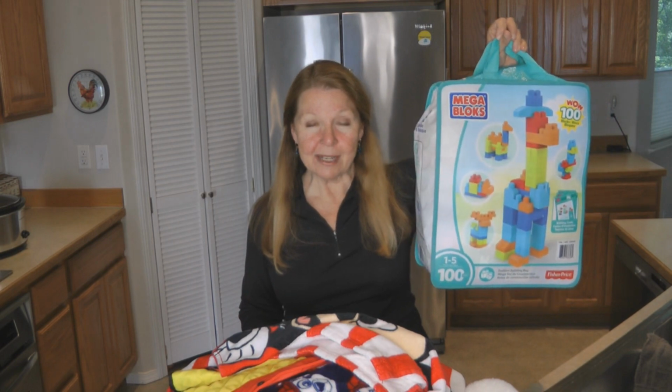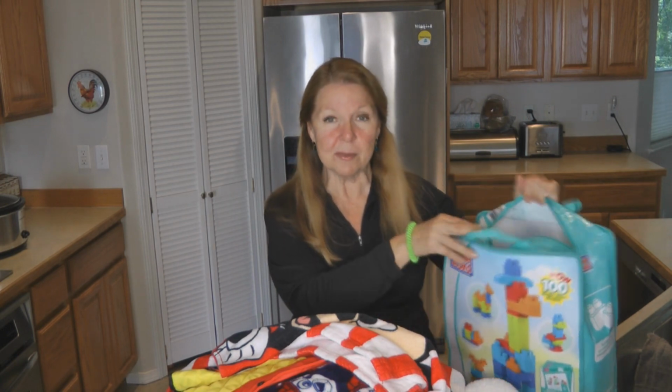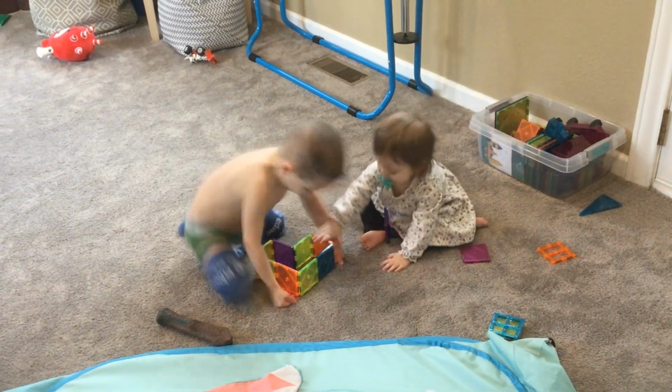Their mom has packed the sunscreen that she wants to use with them. Next, I've been to the thrift store and I want to show you the fantastic things I bought to enjoy my time with them. I got a giant bag of Mega Blocks and it's full of the big size Legos. And the bag is just stuffed with them, and the whole bag was only $5. And my little ones love building things, so this is going to be a lot of fun to have at